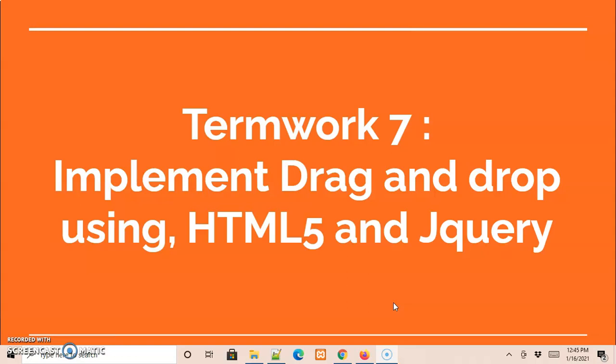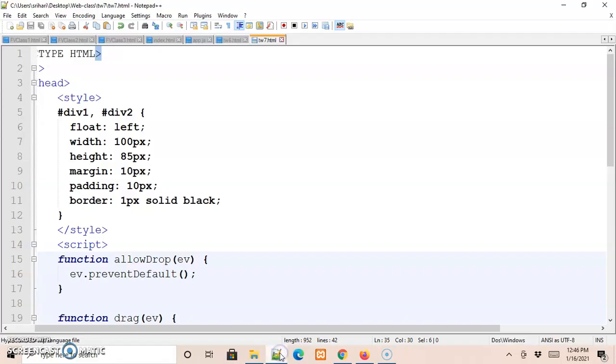This can be done using JavaScript, where we allow the HTML element to be dragged, and once it is dropped, it gets placed into the exact position where it was dropped. Now let us go to the code and see how this works.